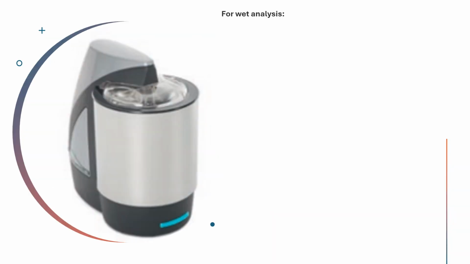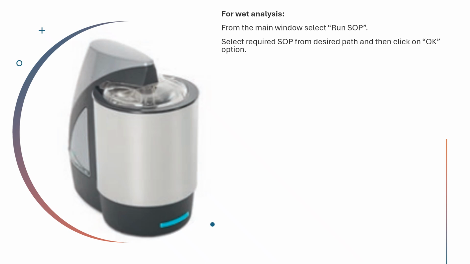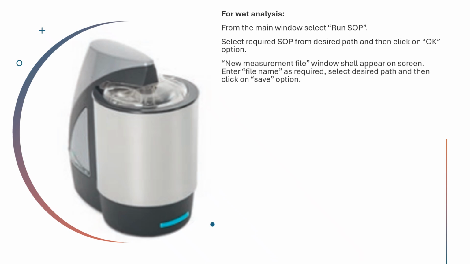Now we will discuss the procedure of analysis for wet analysis, right? From the Mastersizer software system, in the main window, you need to select the run SOP option, then select the required SOP from the desired path, and then click on OK, right? Then the new measurement file window will appear on the screen, and here you need to enter the file name as per the requirement, select the desired path, and then click the save option. The file will be saved for the wet analysis, and then prepare the sample suspension as per the standard testing procedure,